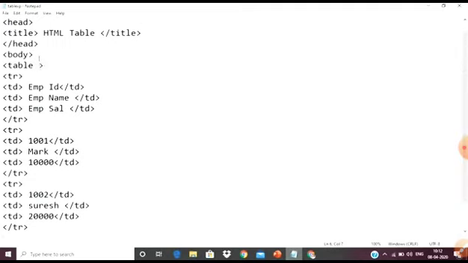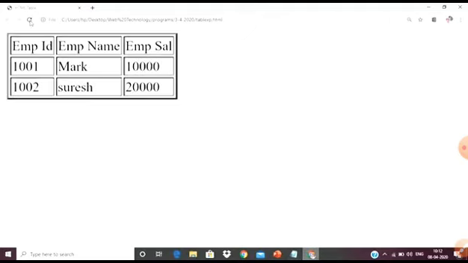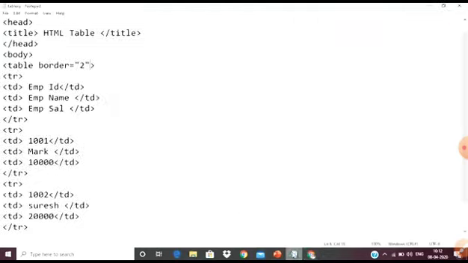So inside the table tag we put border, and you can put table color, but here we put table size as 2, and then save, Control S, and then refresh the page. Now you can see this is the border around your table. So this way we can put the table border.